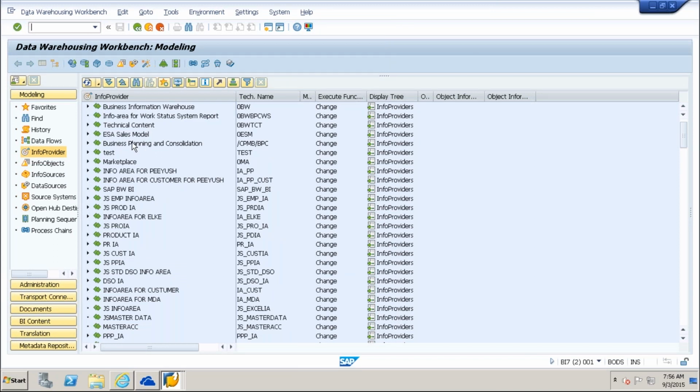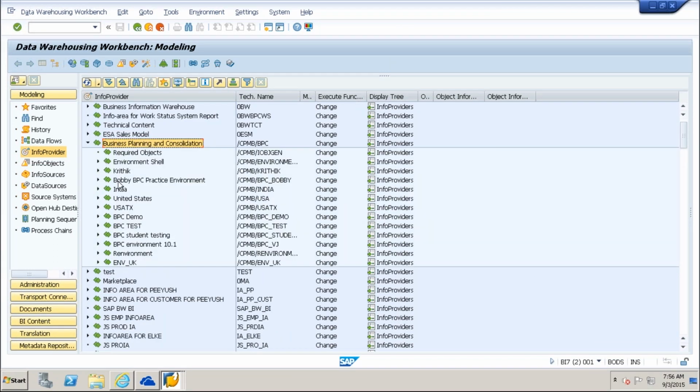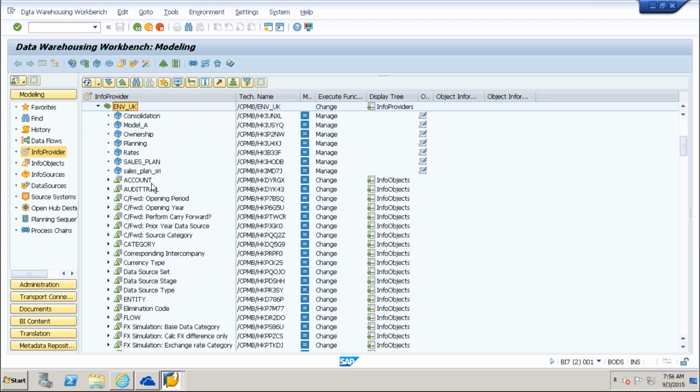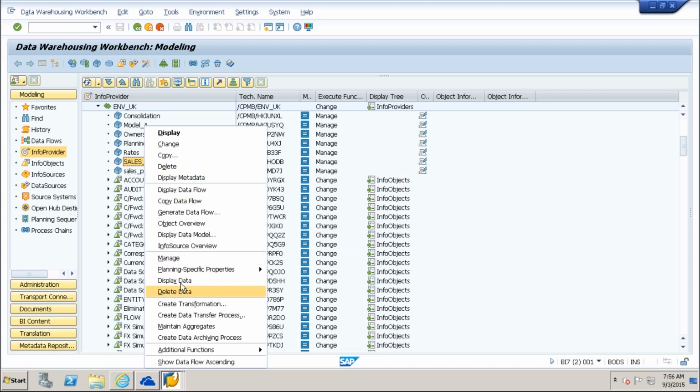Now my business planning, my environment, my model. So I'm just going to display the data.